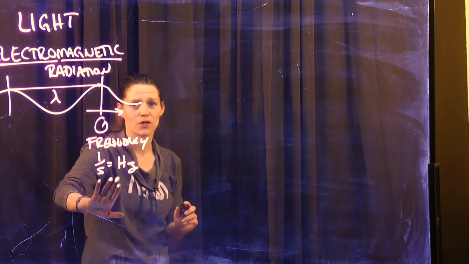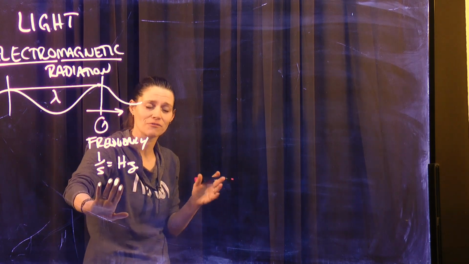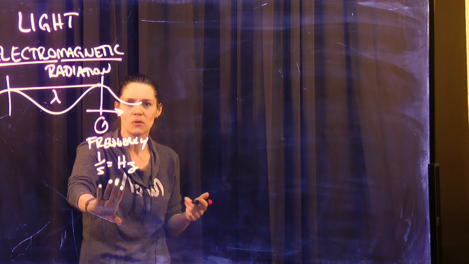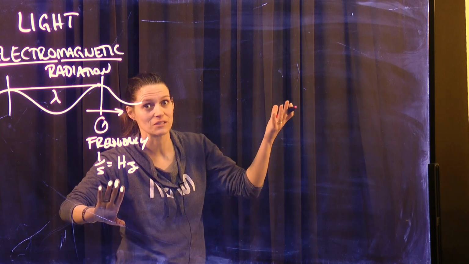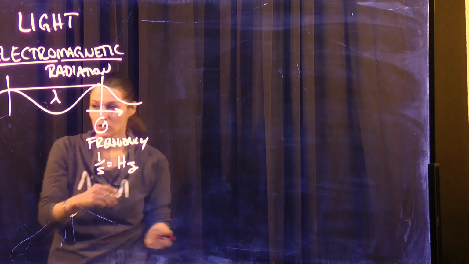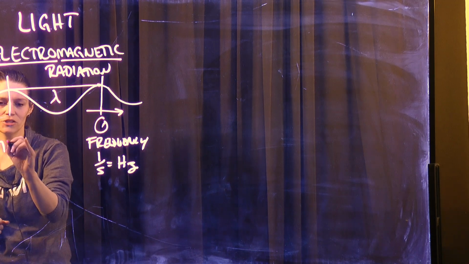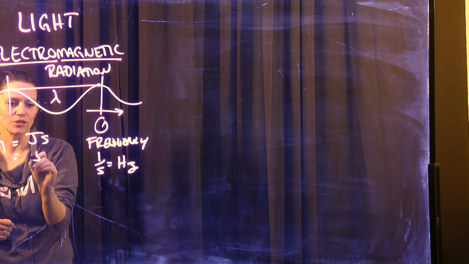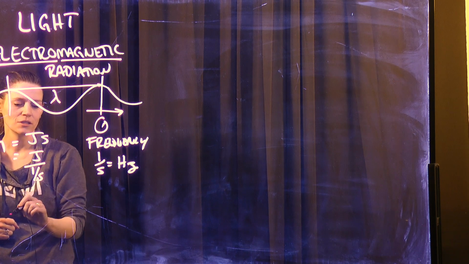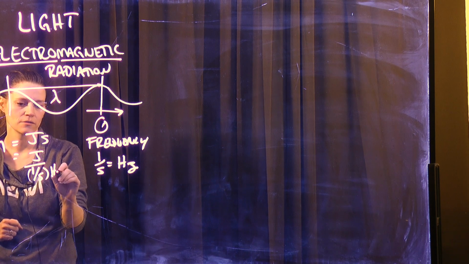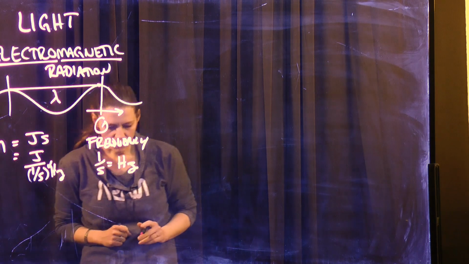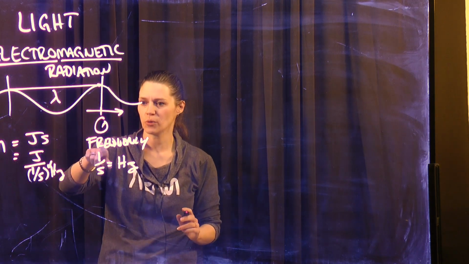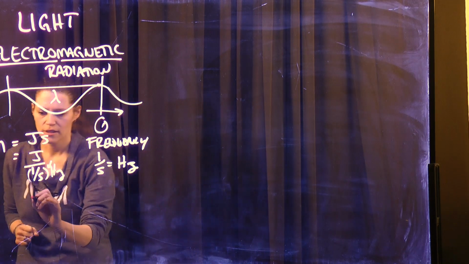Now we're going to use Hertz a lot throughout this course. This is a fundamental part of Planck's constant, which is 6.626 times 10 to the minus 34 joule seconds. So Planck's constant h has units of joule seconds. This is actually the same thing as joules per Hertz. So there's Hertz right there. So the relationship between frequency and wavelength,